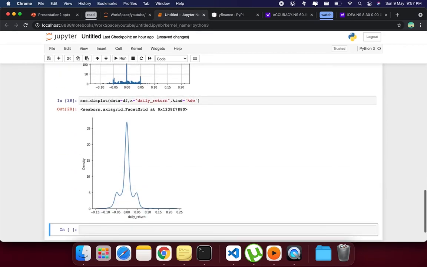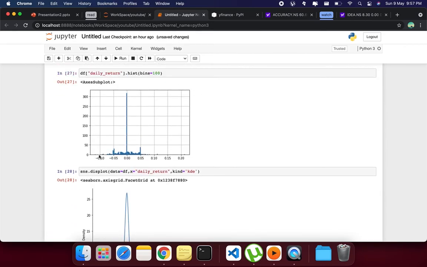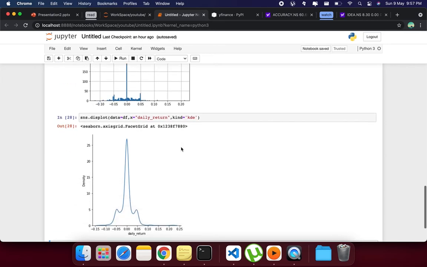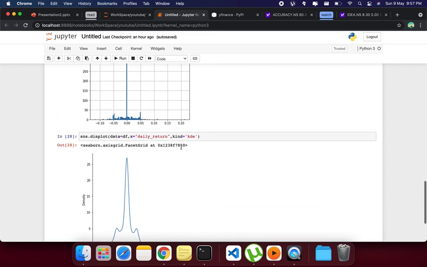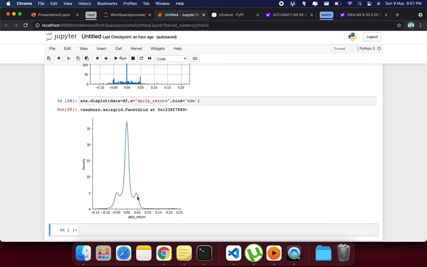Okay, so as you can see this one is not actually giving us a proper bell curve. Which is okay, but if you see this plot, then this is a high risk stock, so we will call this a high risk stock, which you might or might not want to invest in. Okay, so yeah,